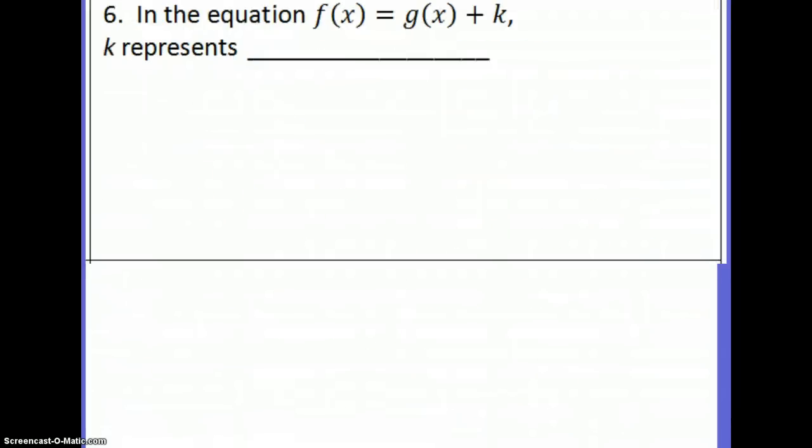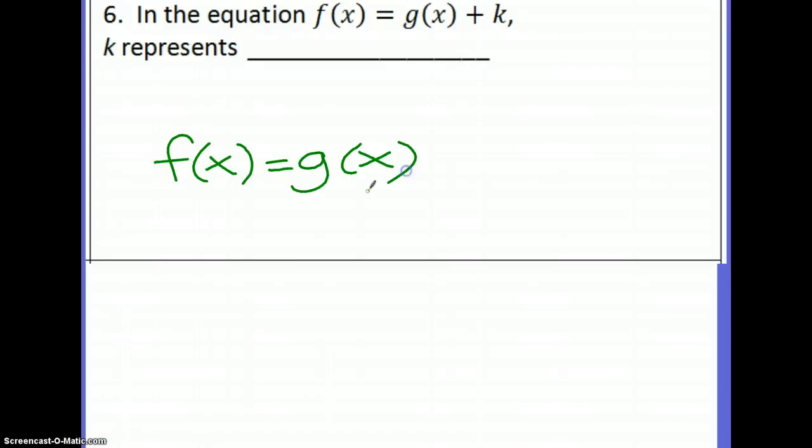We got number 6 in the equation. f(x) equals g(x) plus k. That's the same as if I were to write f(x) equals g(x) plus or minus any number. That k just represents what you're adding or subtracting here. So maybe it's